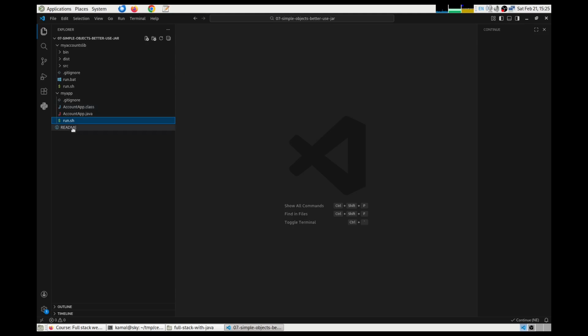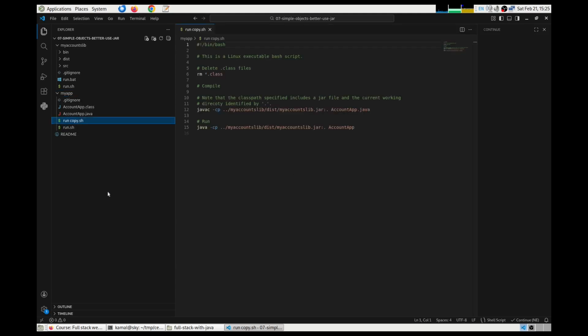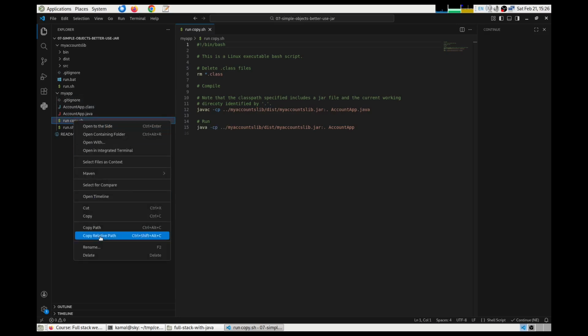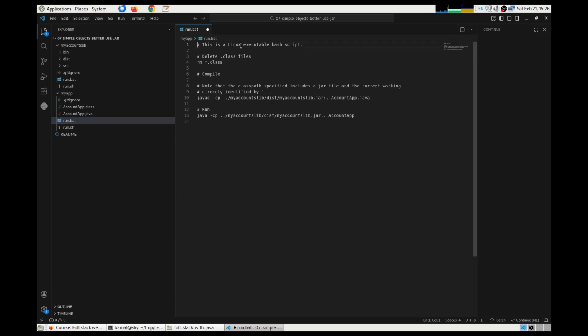So I'll copy this and then paste here, and note that I selected this directory because I wanted the file to be pasted into that directory itself, and rename it run.bat for batch file, and I don't want the shebang variable. This is, I would say, a Windows executable batch file. So I don't have to necessarily change this because I am going to change this to rem,